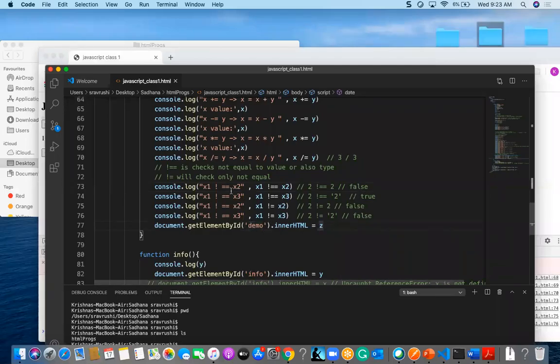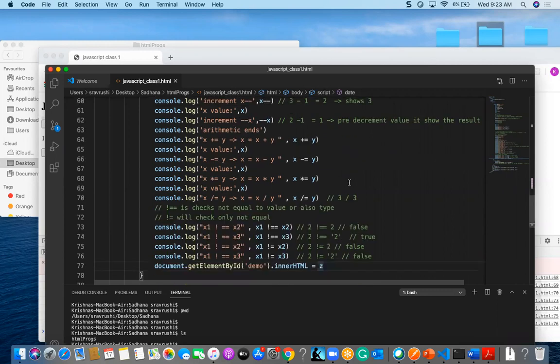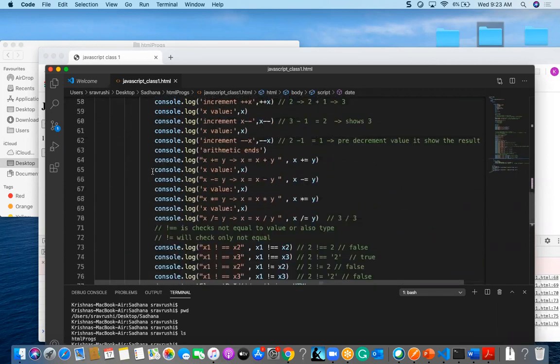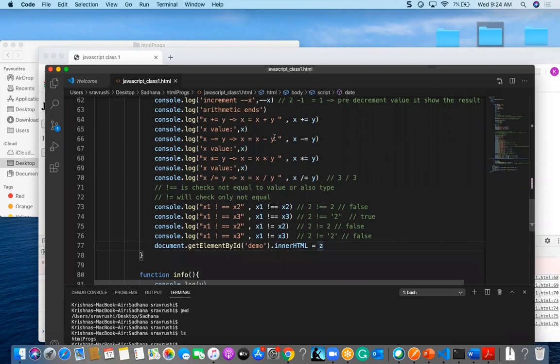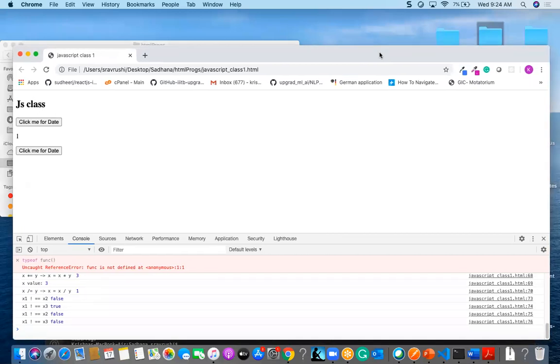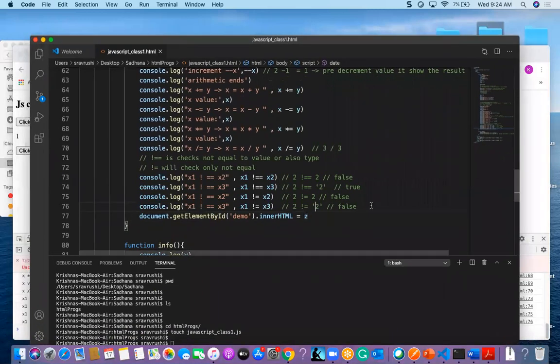So we saw a few assignment operators in this one, and one more thing, there is one operator known as the ternary operator. Most of the time in real time they will use it. In React, most of the time the ternary operator will be used for conditional based rendering. It is denoted with a question mark, and let us see some small syntax about the ternary operator.